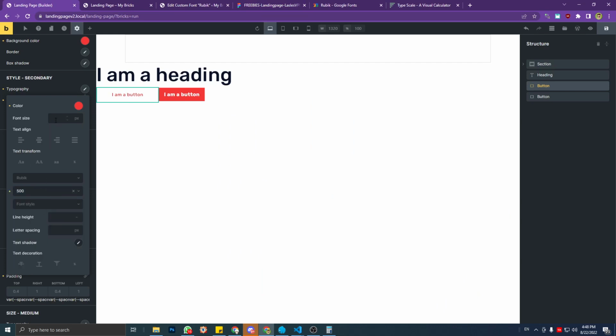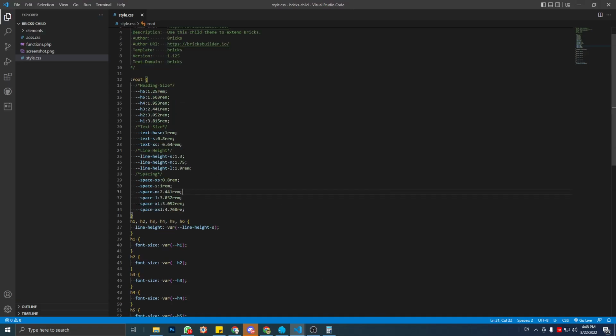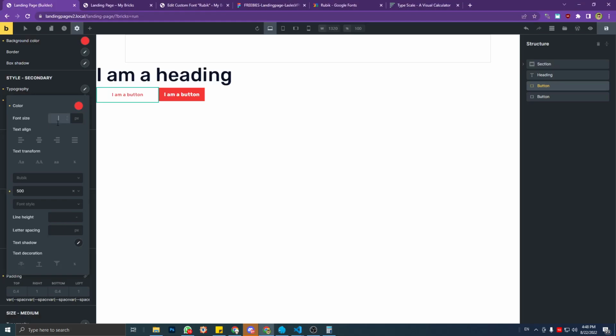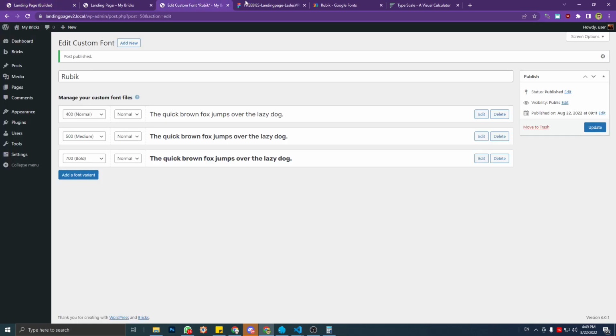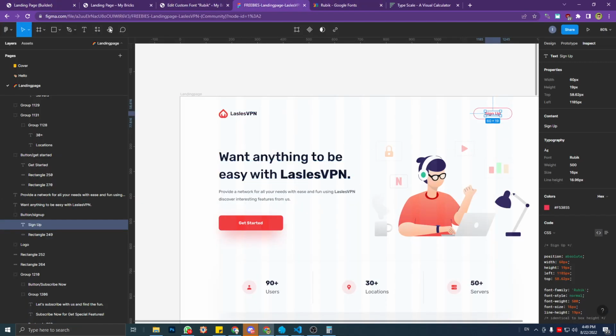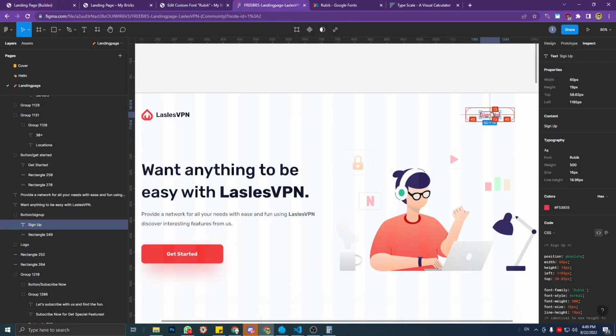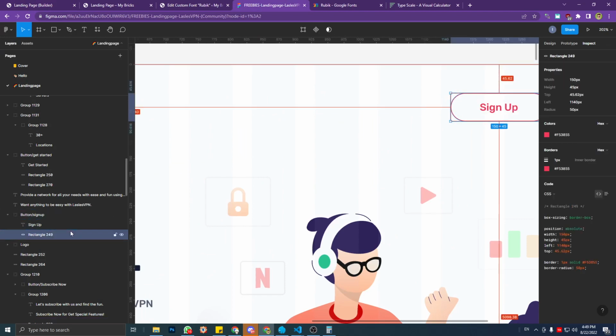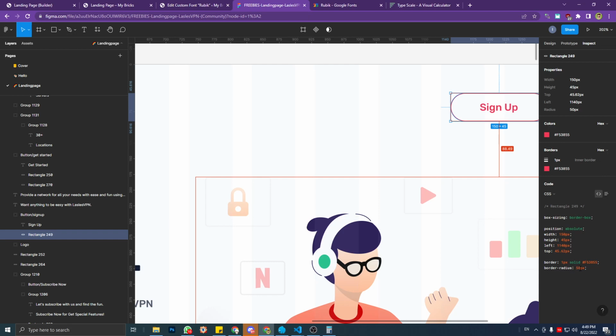Wait, okay, and we can use the font size for text base since it's 16 pixel. All right, and we're gonna see the padding and the border radius is 50 pixel,